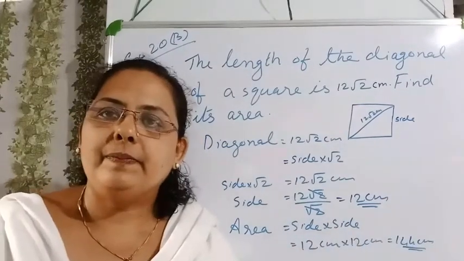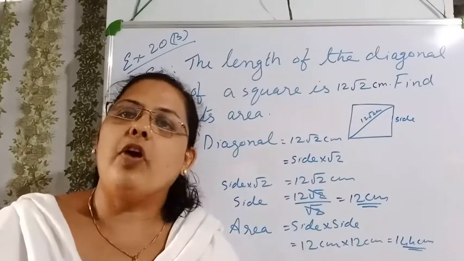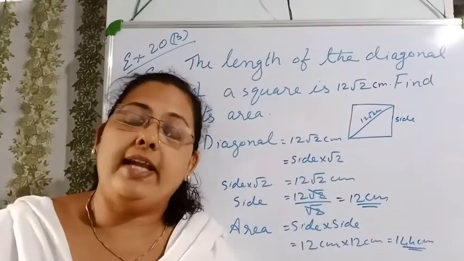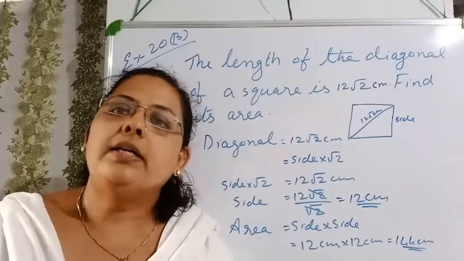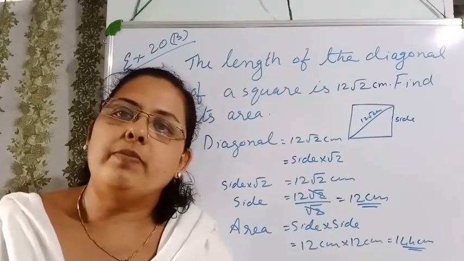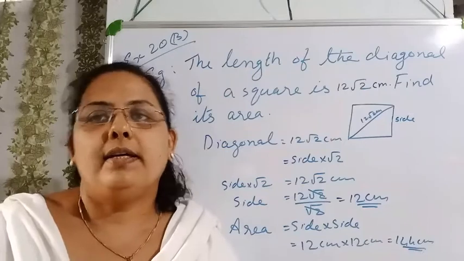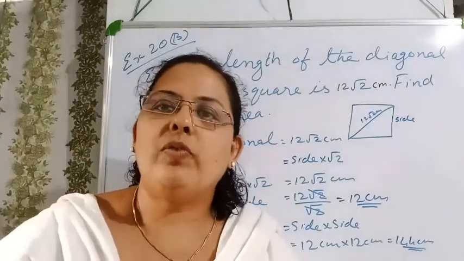Is it clear? So in this class what we studied is some of the formulas, for finding the area of rectangle, square, triangles and then circles. And we did some problems in squares and rectangles. Okay. So daily you do the homework that I am giving you